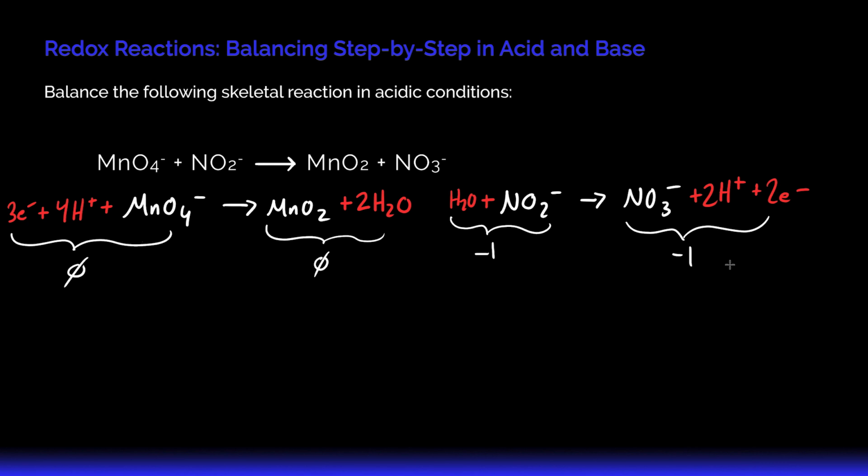So at this step, we have essentially balanced our half reactions, but we can't merge the reactions until the electrons match on the left and right side of the equation. Here you see we have 3 electrons, over here you see we have 2. So we just need to make that number equal, and the way we do that is quite simply, I'm going to multiply this by 3, and over here I'm going to multiply this by